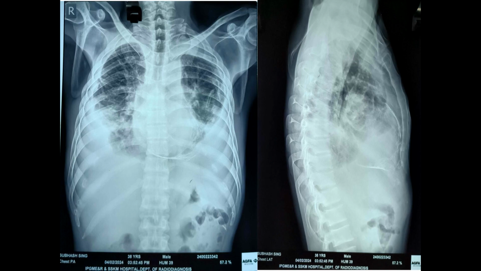This is, of course, another view. This is not of the same patient. This is another of our patients. I wanted to keep this photograph to show you a clear case of concretio cordis, that is a severe